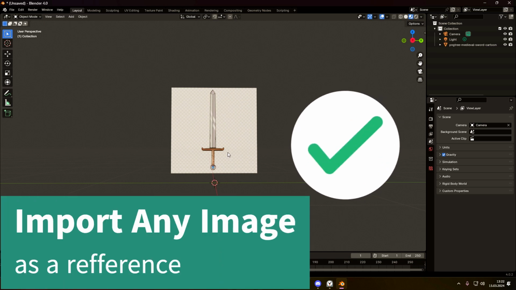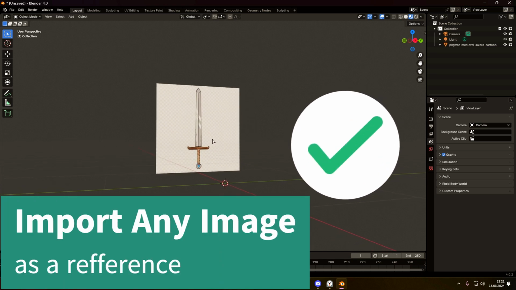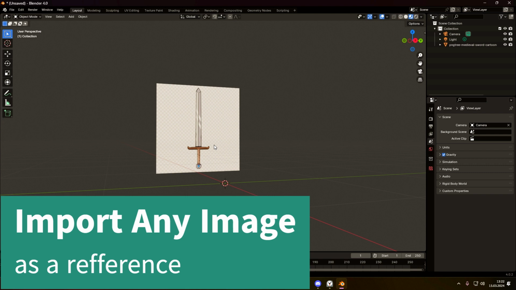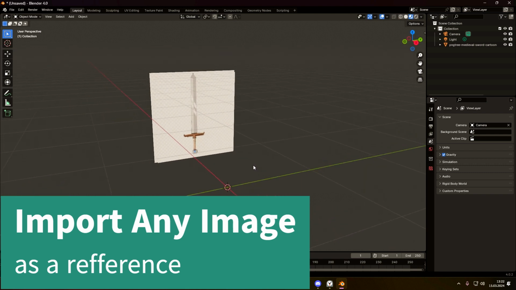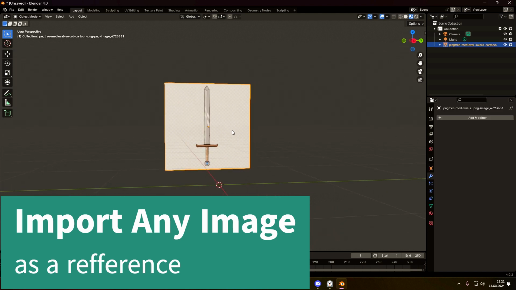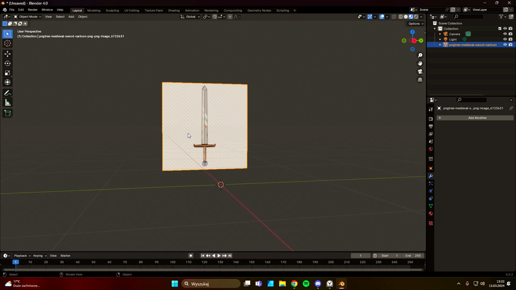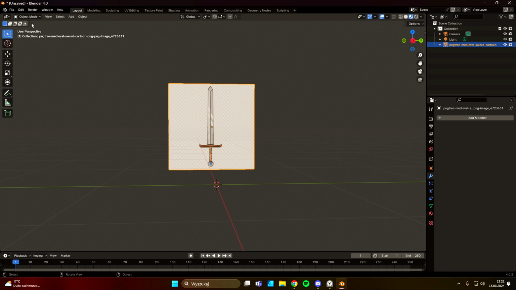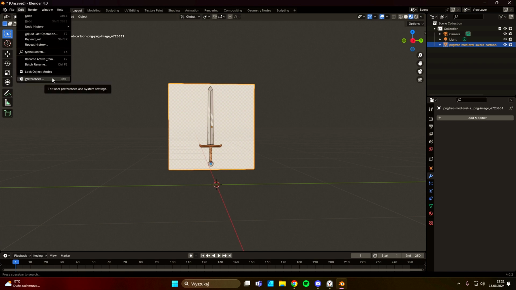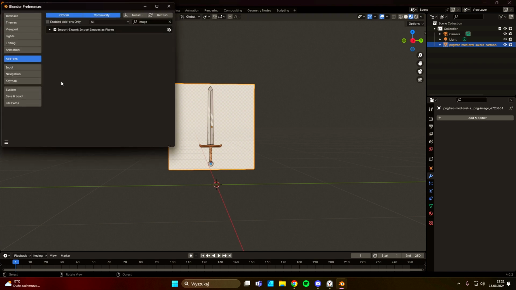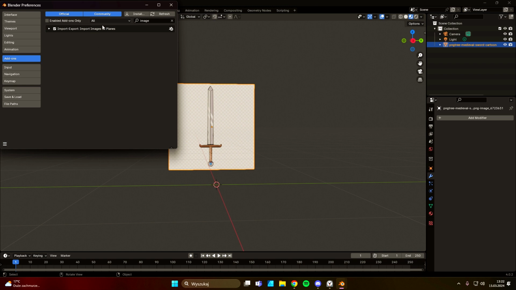Hello guys, I'm gonna quickly show you how to import any image as a reference to your 3D project. For example, I want to model this sword and it's pretty simple. But the first thing you want to do is go to edit, go to preferences, and here you just have